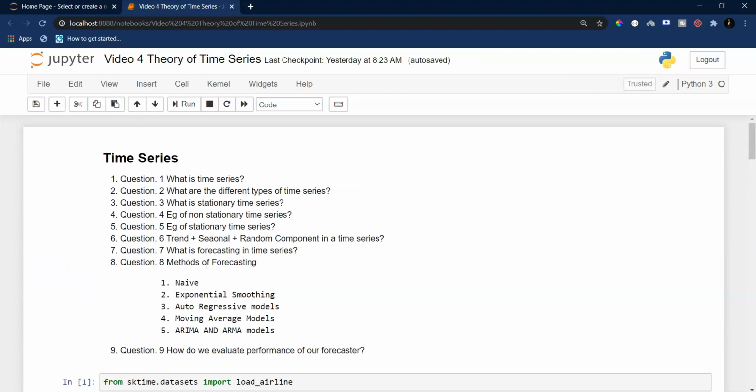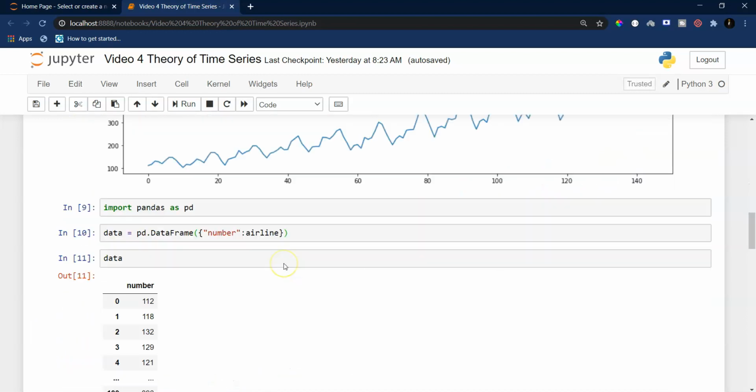Now let us consider the seventh problem, and the seventh problem is actually quite simple, and I have already discussed this particular problem in my previous set of videos. This problem is related to the definition of forecasting. Now a time series is just a sequence of data, and what do we mean by forecasting in time series? Essentially, in forecasting we are trying to forecast the next value in my sequence of data.